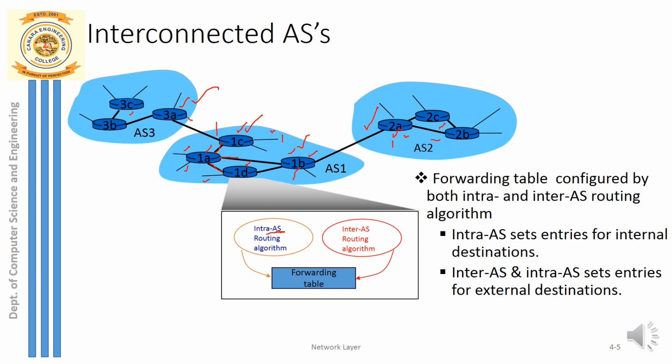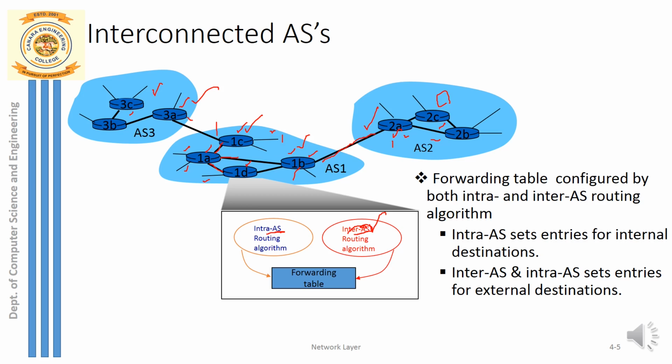Okay, so when I come to AS2, here also an intra-AS routing algorithm is used. In AS3 also, an intra-AS routing algorithm is used. What about the inter-AS routing algorithm? Inter-AS means across the autonomous systems, there must be some algorithm or protocol implemented in order to interact between the two organizations or the two autonomous systems. The protocol used to interact between the two gateway routers, or the algorithm implemented to route the packets across the organization, you call it the